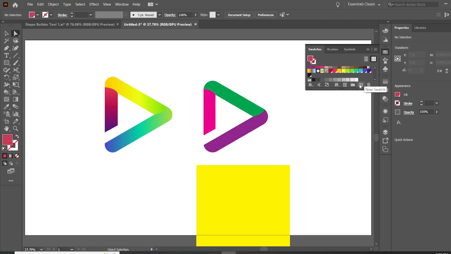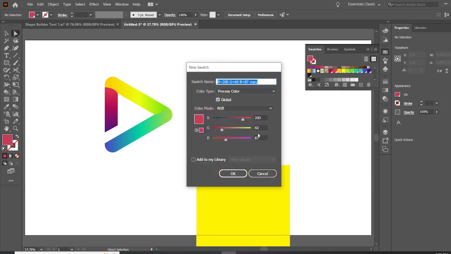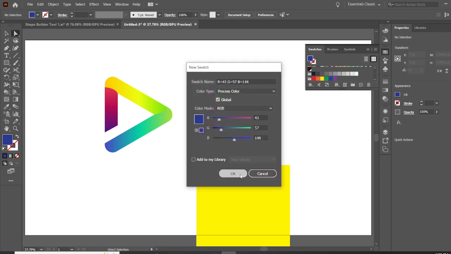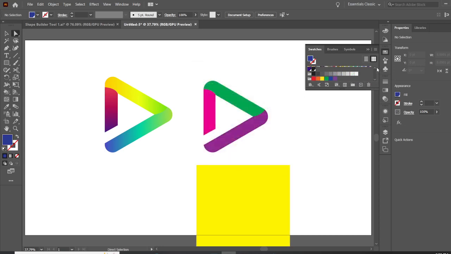So once you just click on this plus, you don't add in your value, or just click on any color here, on the color box. You can just come down here, click on plus, then click on OK. You can see it has been added to the color swatch. You can see it's the blue here. I can click on it and delete it if I want. So having said that,